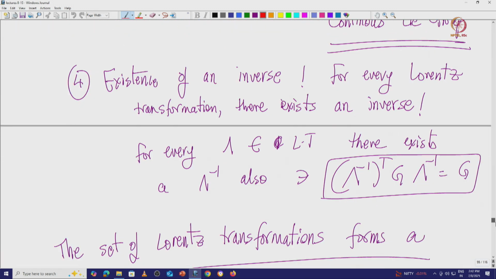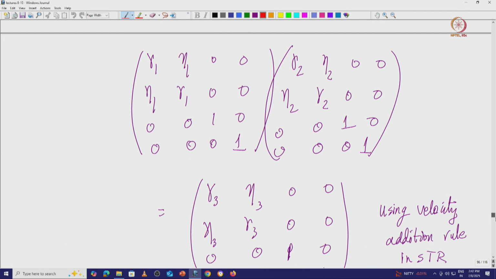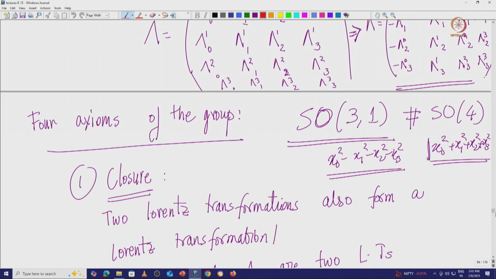Now, we started looking at various properties of the Lorentz group, of these Lorentz transformations. We showed that two Lorentz transformations also form a Lorentz transformation. So it becomes a group. The group of all Lorentz transformations is the SO(3,1) group, and we tried to show that it forms a group because the product of any two Lorentz transformations